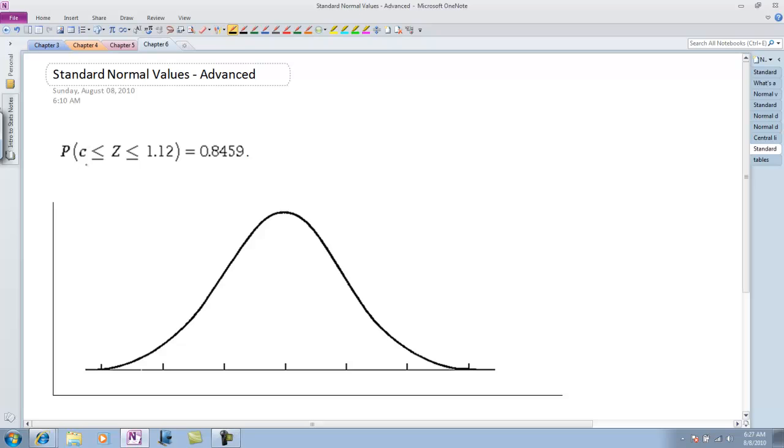When they ask me for a C and they give me a 1.12, they're telling me here's 1.12 and there's some other value out there which we now know is at 2, but its location could be anywhere. So positive 1.12 would be about right there. And this thing's location is such that